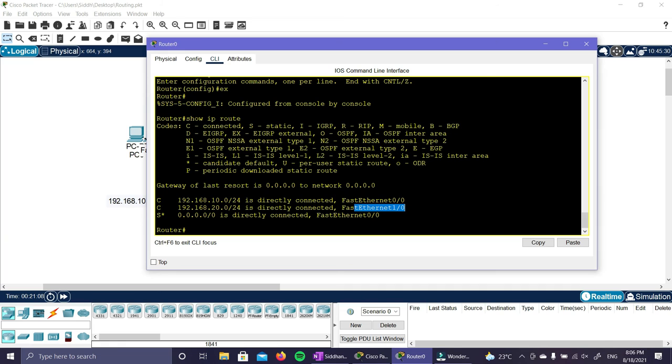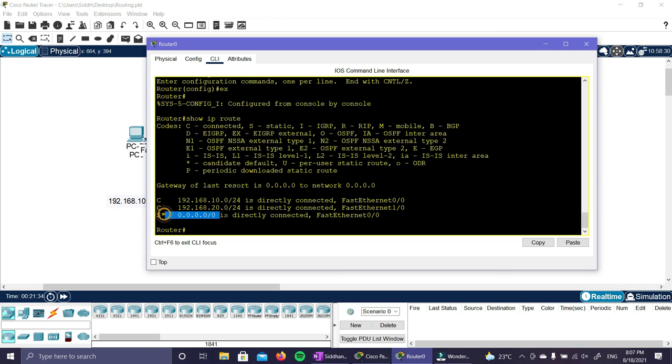There is also a thing called the gateway of last resort. Gateway of last resort means that if no route in this routing table matches, say I wanted to send a packet to 10.20.50.0, the router will check and see that it doesn't match any entry, so it will go to the gateway of last resort, which is a default route.